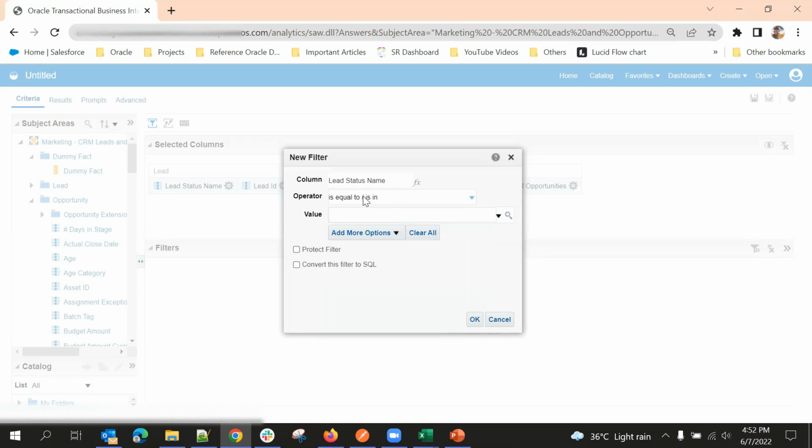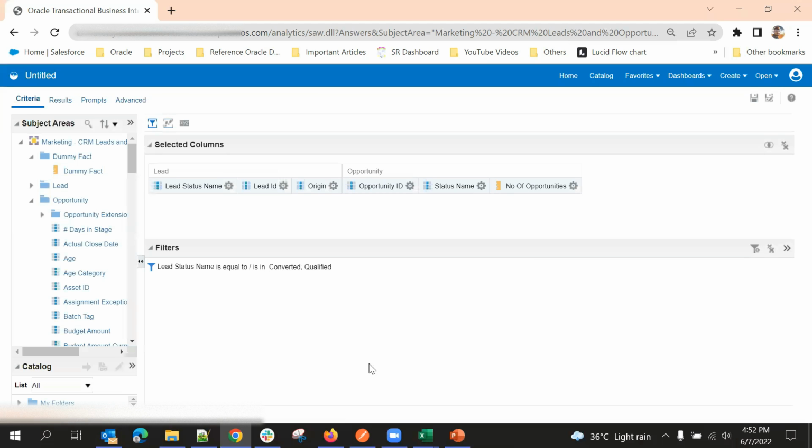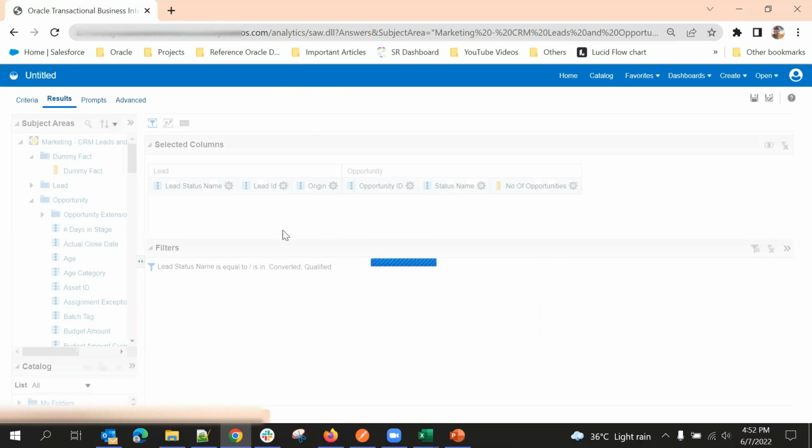It means it can pick more than one value. So I'll select lead, converted, and qualified. These two only I'll select, and then I'll click OK. This filter will apply to the whole report. So if you observe the results,